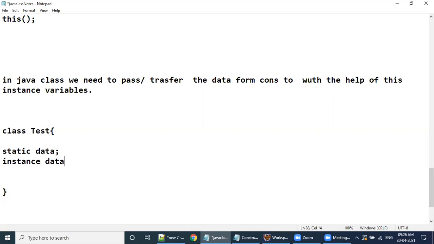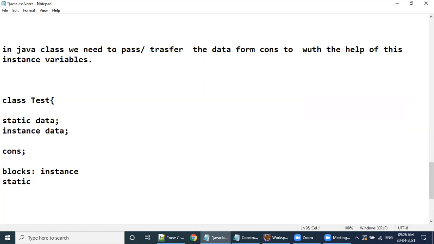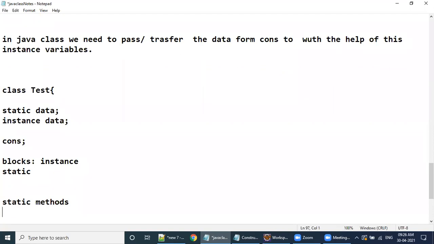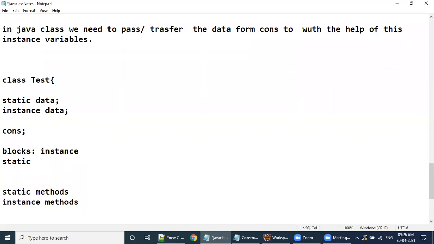Next, we can write constructors and we can write blocks. Blocks means again instance block and static block. Next one is static methods and instance methods. These are the components. Sir, there are more things available, but they will come at a later point.